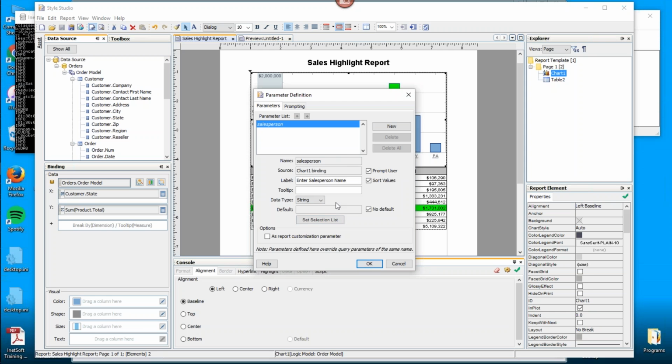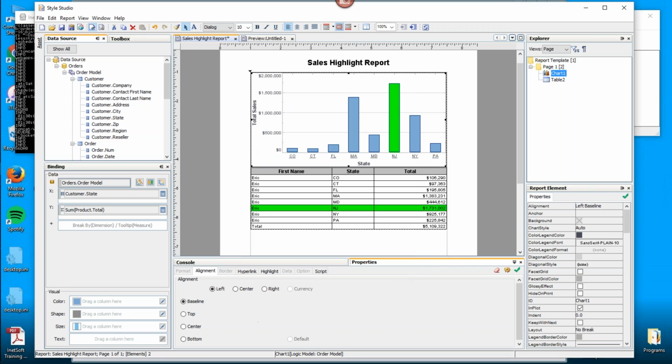So there's a bunch of things you can set here, but beyond that, you can also create what are called parameter sheets, which are basically custom parameter entry forms, where you have full control over the various elements that you put in the form, whether they're radio buttons or combo boxes, and you could add any text and any background and so on. So there are a lot of ways to customize parameter entry, which we're not going to get into here, but just bring that to your attention.